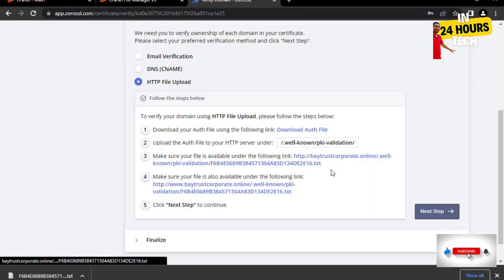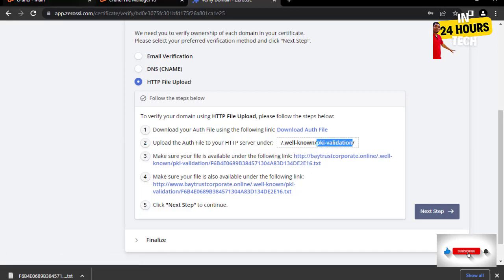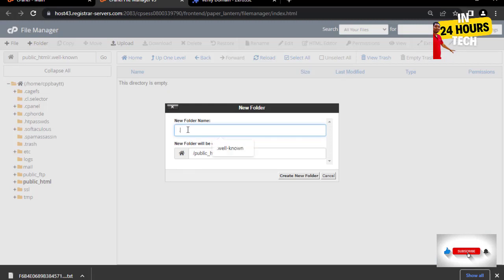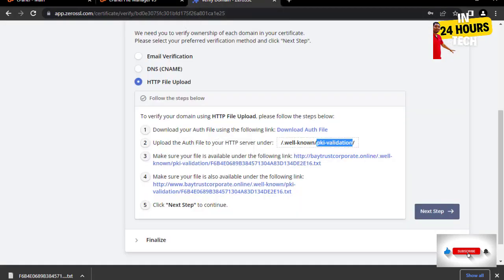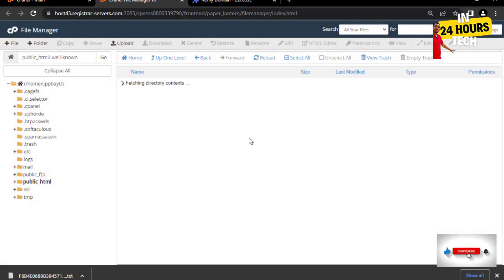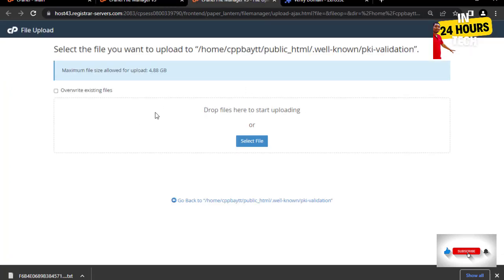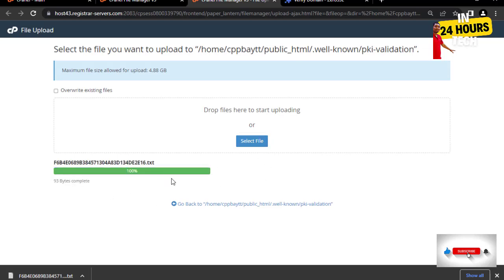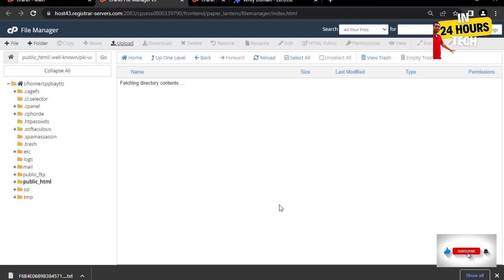click folder again and copy this here. Okay, look at it very well, then you click the create folder. When you're done, just double click on it, then this will open. Then you click upload. When you click upload, you can just go to select file, go to your download folder, then you just pick it, you understand. But if you have it here like this, you can just also drag, all right, and then it will also upload. Okay, then when you're done with it, click back,